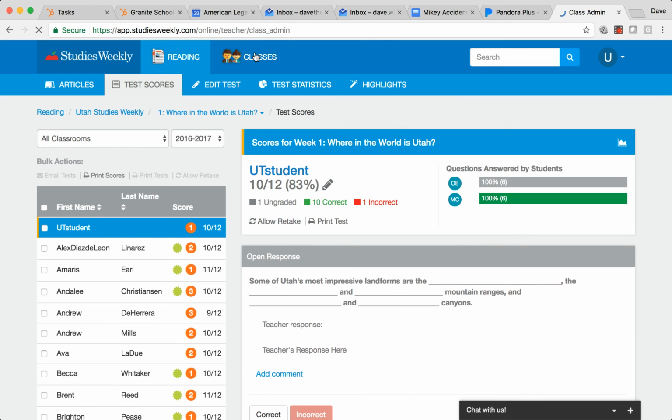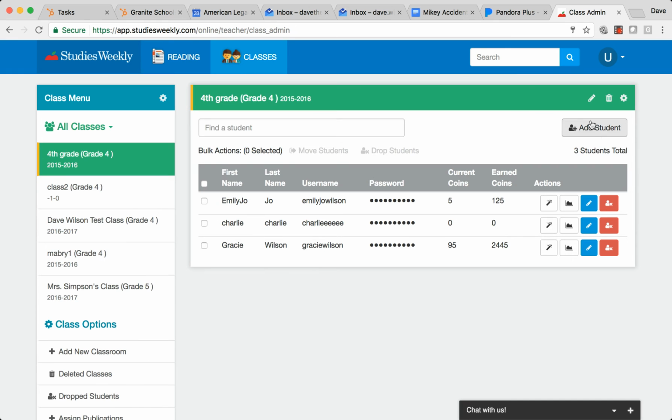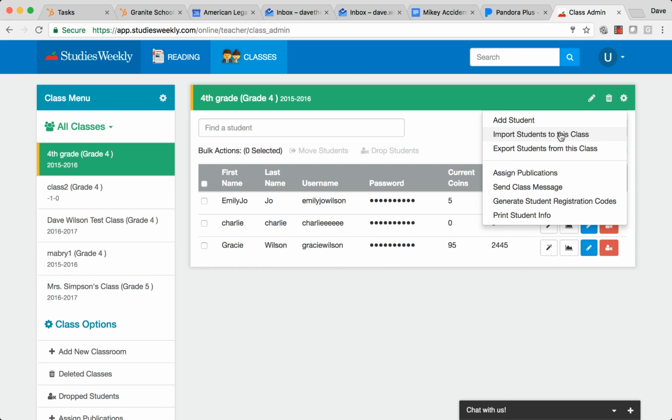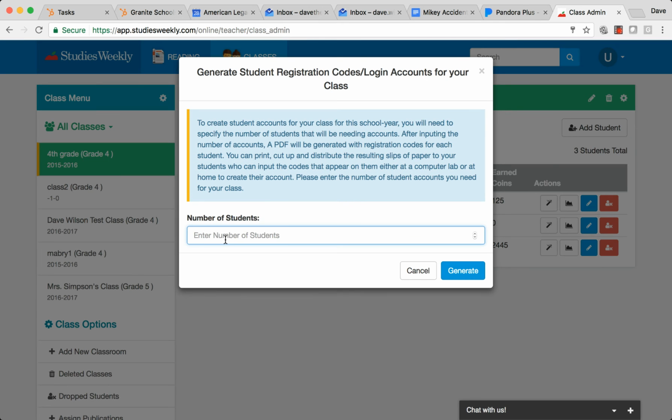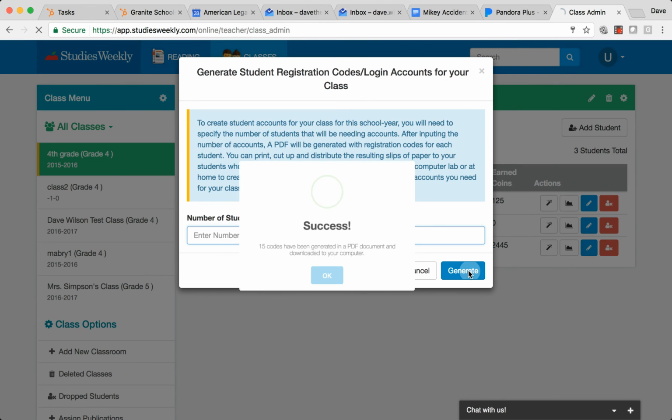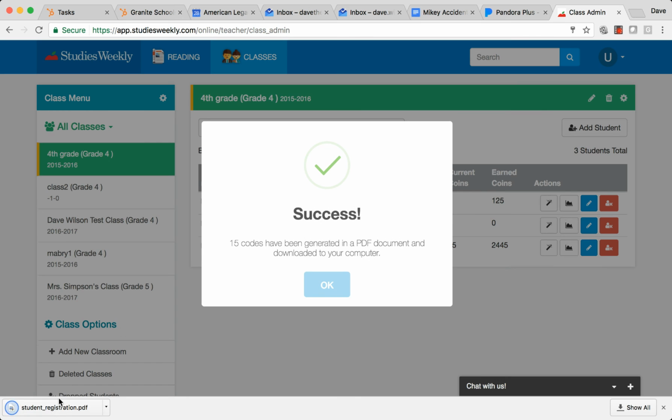Adding your classes is very simple. You come up and click the class tab. You can add students manually, or you can import like a CSV, or you click here to generate a registration code, type in the number of students that you have, and in fact, I'll just quickly show you. Say I've got 15 students. I'll click generate. And what that's going to do is it's going to download a PDF for me. I click on this PDF,